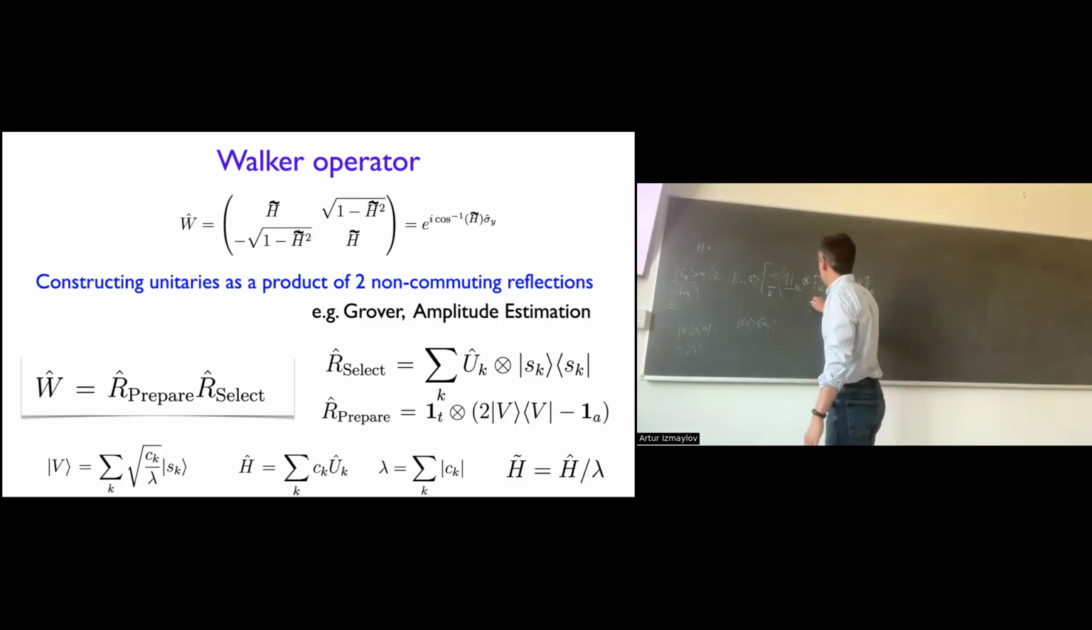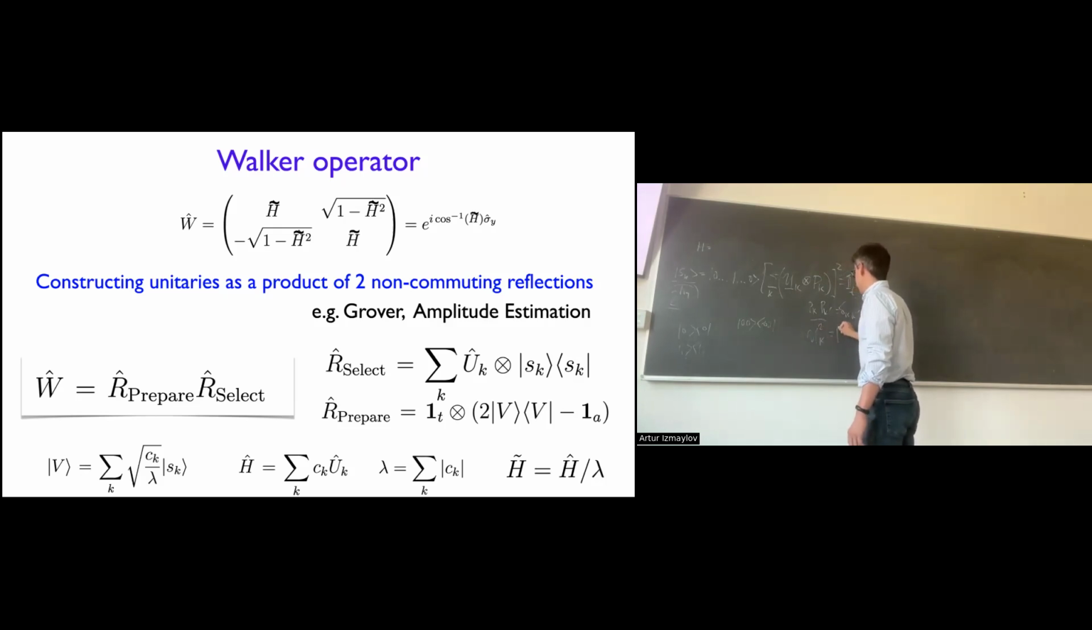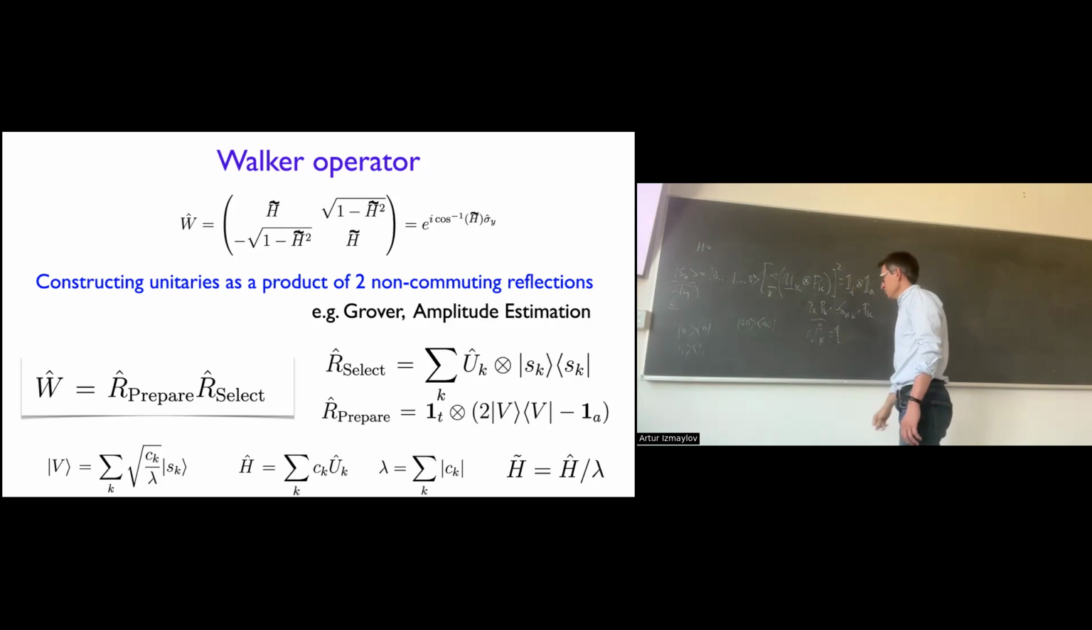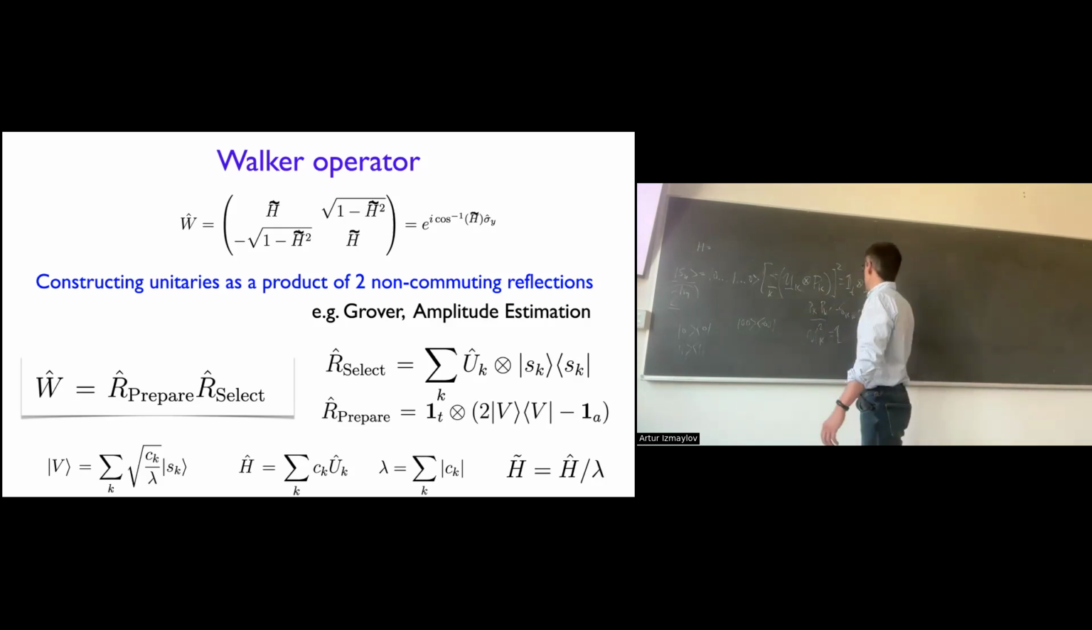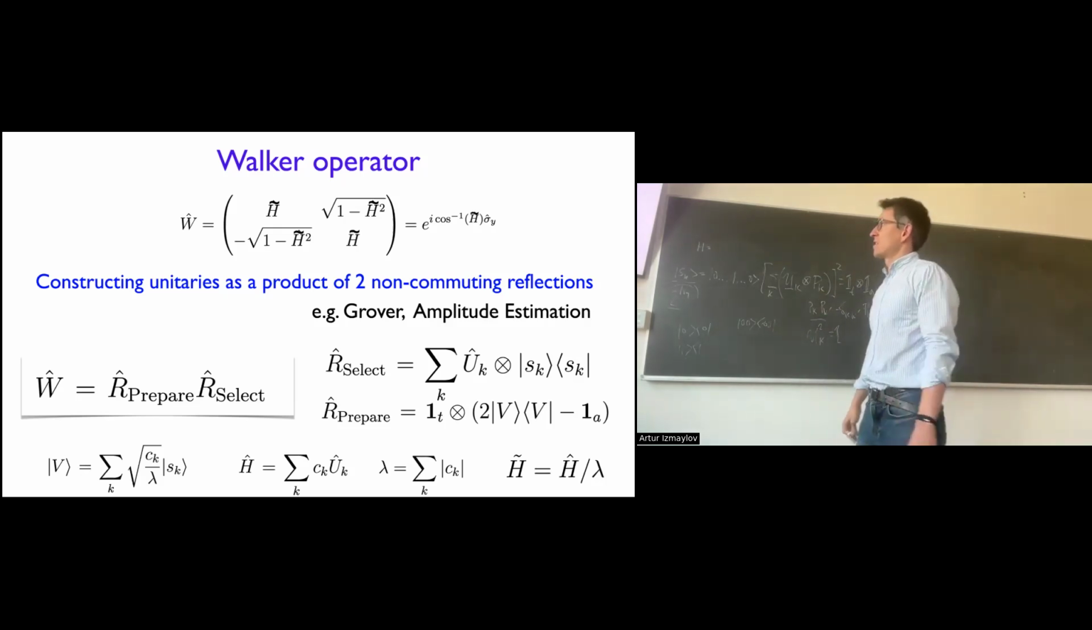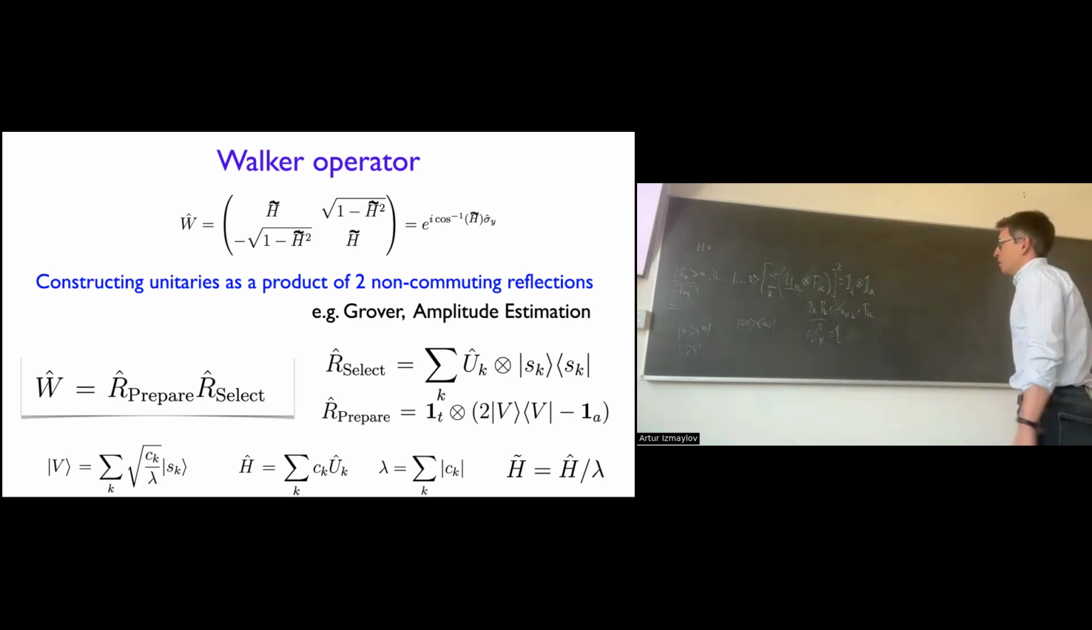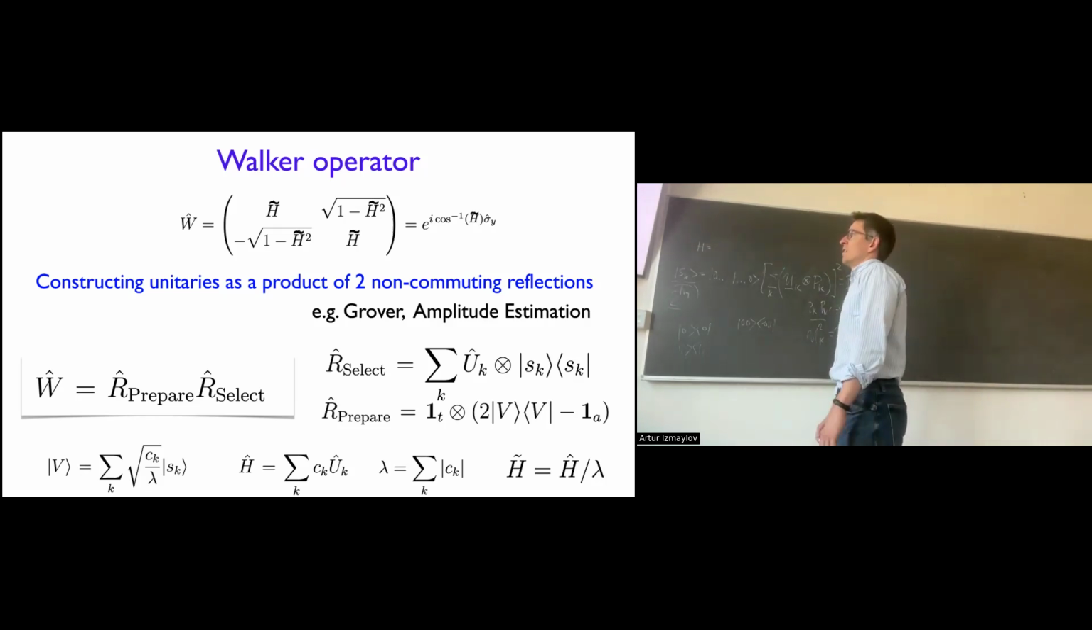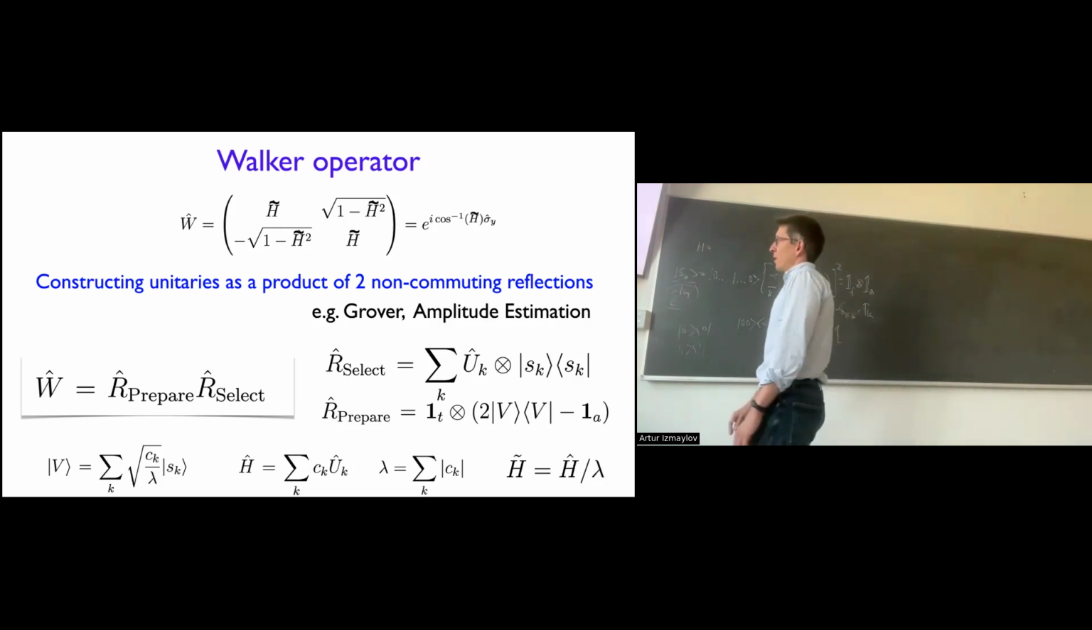Just remind that pk prime would always be delta k prime, and then uk with the uk squared will be identities, and so then you could easily show that. Okay, so that's the select part of the Walker, and then there is a prepare part which doesn't do anything